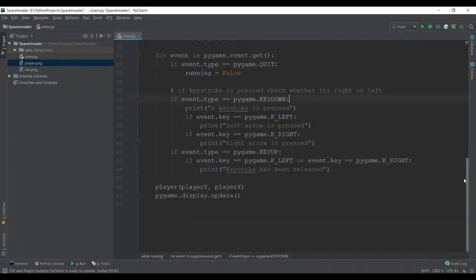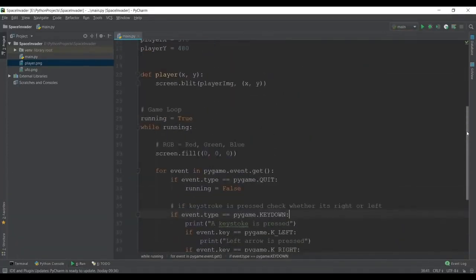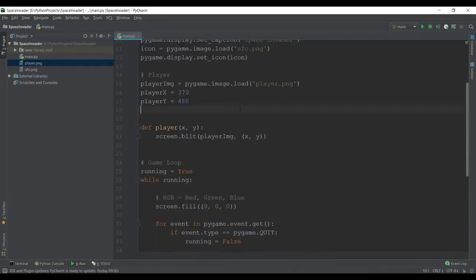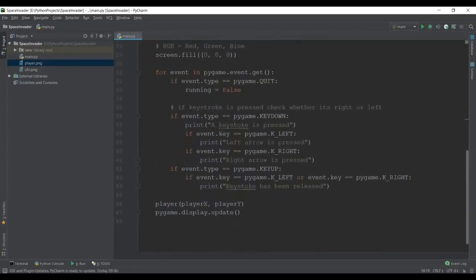So now we can just minimize it, and we are going to create a new variable over here, and this will signify the change that we want in X. So if we want the X to move in right hand direction, we need to add value to this 370 existing value, and if we want it to move on the left hand side direction, we need to decrease value from it. So I'm going to create a new variable and call it player x underscore change equals to, and right now I'm going to give it a value of 0,